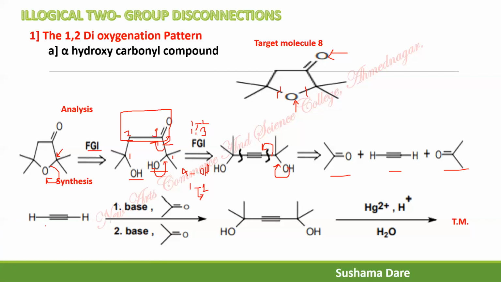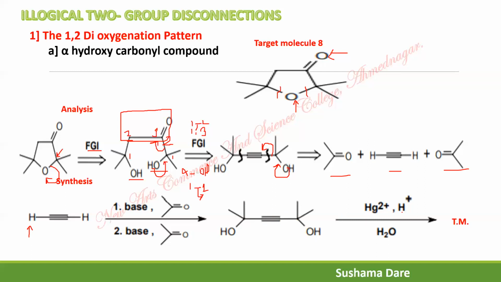Treat the acetylene with the base, then it attacks acetone. Again the base abstracts the next acetylenic proton, and again it attacks acetone, and after hydrolysis comes the introduction of this OH group. Next, you don't want the triple bond, you want a CH2CO bond, and that can be done by hydrolysis. Due to hydrolysis, this group is converted first into an enolic hydroxy group, and the enolic hydroxy group is converted to the keto functional group.